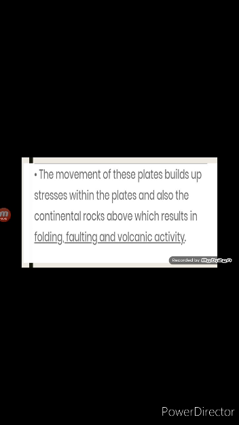And faulting: when the rocks are subjected to tensional forces, they are stretched in opposite directions. Due to this stretching, the rocks get fractured. Such fracturing of rock is known as faulting. Children, the Himalayas are examples of folding, and the Peninsular Plateau is an example of faulting.